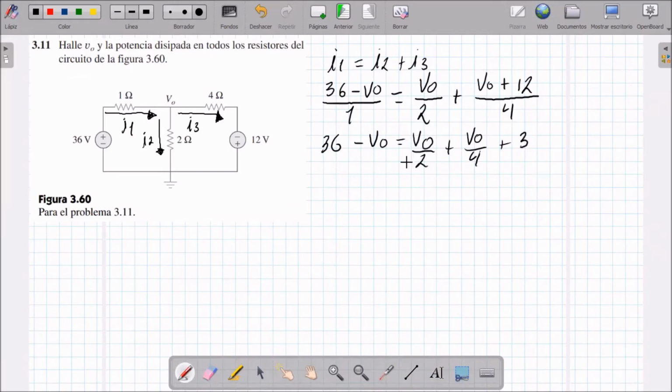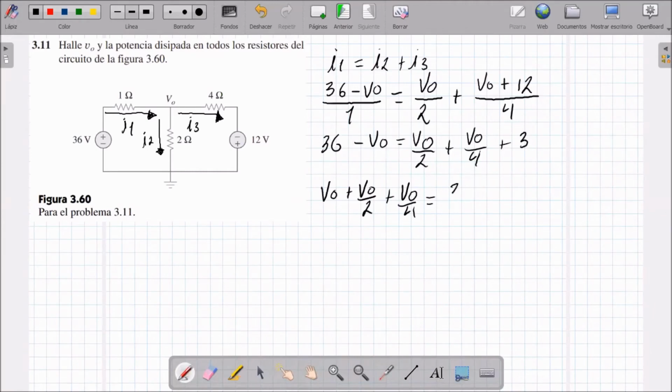Okay, so I have to clear the variables to pass this one to the other side of the equal. I would then be left with V0 plus V0 over 2 plus V0 over 4 equals 36